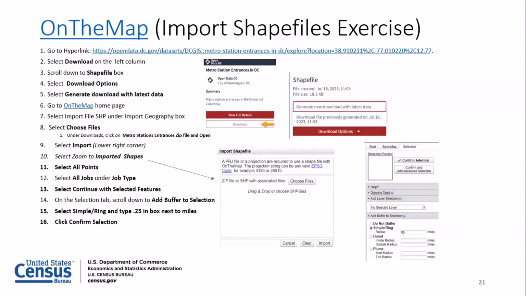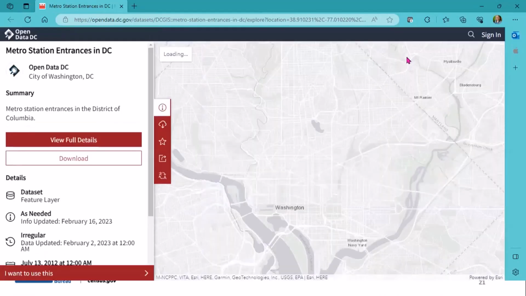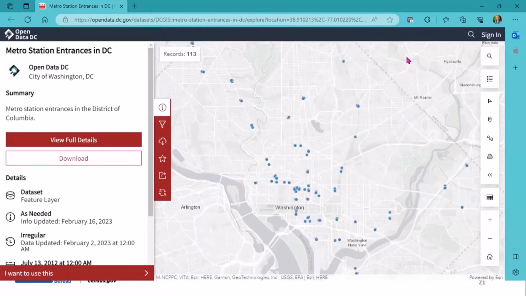So I think Kim's going to actually add this hyperlink into the chat, but I'm going to go ahead and click on that. And then it brings me to a website that has the shapefiles and KML and anything that you need to download.